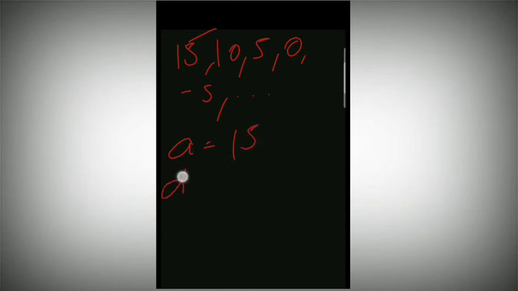Okay, students, I think all of you have got it. Now I am going to do the next question. Suppose it is written here: 15, 10, 5, then 0, then minus 5. This is an AP. It is given to you. Tell me, what is the first term? You will tell me, sir, the first term is 15. What is the difference? You will tell me, second term minus the first term, that is 10 minus 15, that will be minus 5. That is the difference.